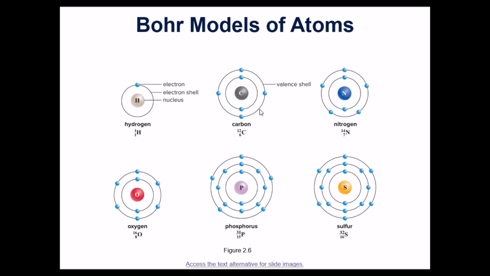And then we see carbon. That's a little bit more complex. It has 2 electron shells. Notice that it lists this outer electron shell as what's called a valence shell. I have that definition for you. That's basically just the outer electron shell. So you have 2 shells: an inner shell that has 2 electrons, and the outer shell for carbon has 4 electrons.